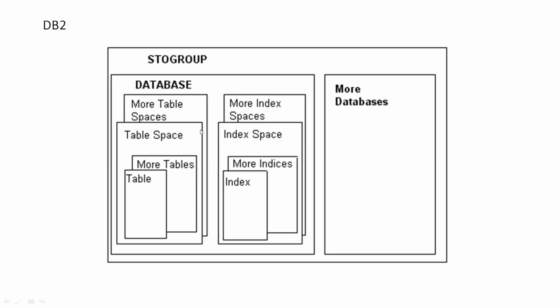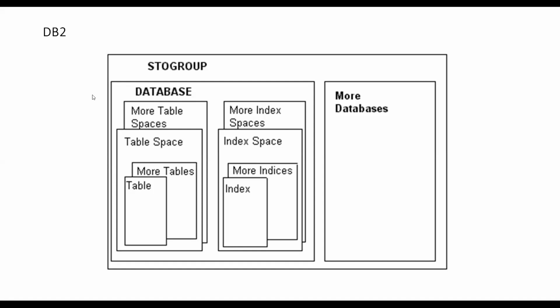For physical storage, we call it a storage group. We have storage group 1, storage group 2, like that. The database will reside on a storage group. So the physical space is what we call storage groups. After that, on the database we have physical space for tables, which is the table space. On the table space we have tables. If you see the sample structure of a PS file and compare,